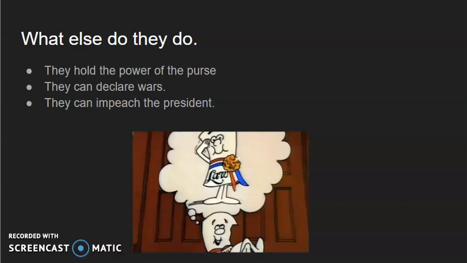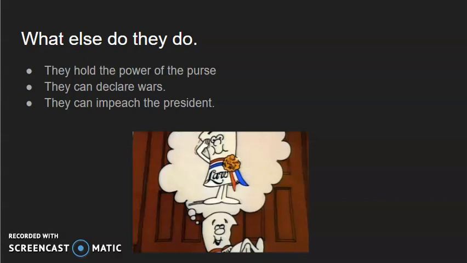They also have the power to impeach the president. So if the president does something wrong, if he commits what the government calls high crimes or misdemeanors, the legislative branch, both the House of Representatives and the Senate, are able to hold an impeachment proceeding to see whether he should be removed from office. This is actually happening right now in our country. So far, the House of Representatives is looking into issues in Ukraine that involve the president, and is deciding whether there is enough evidence that he did actually commit a crime to go through a full impeachment proceeding.